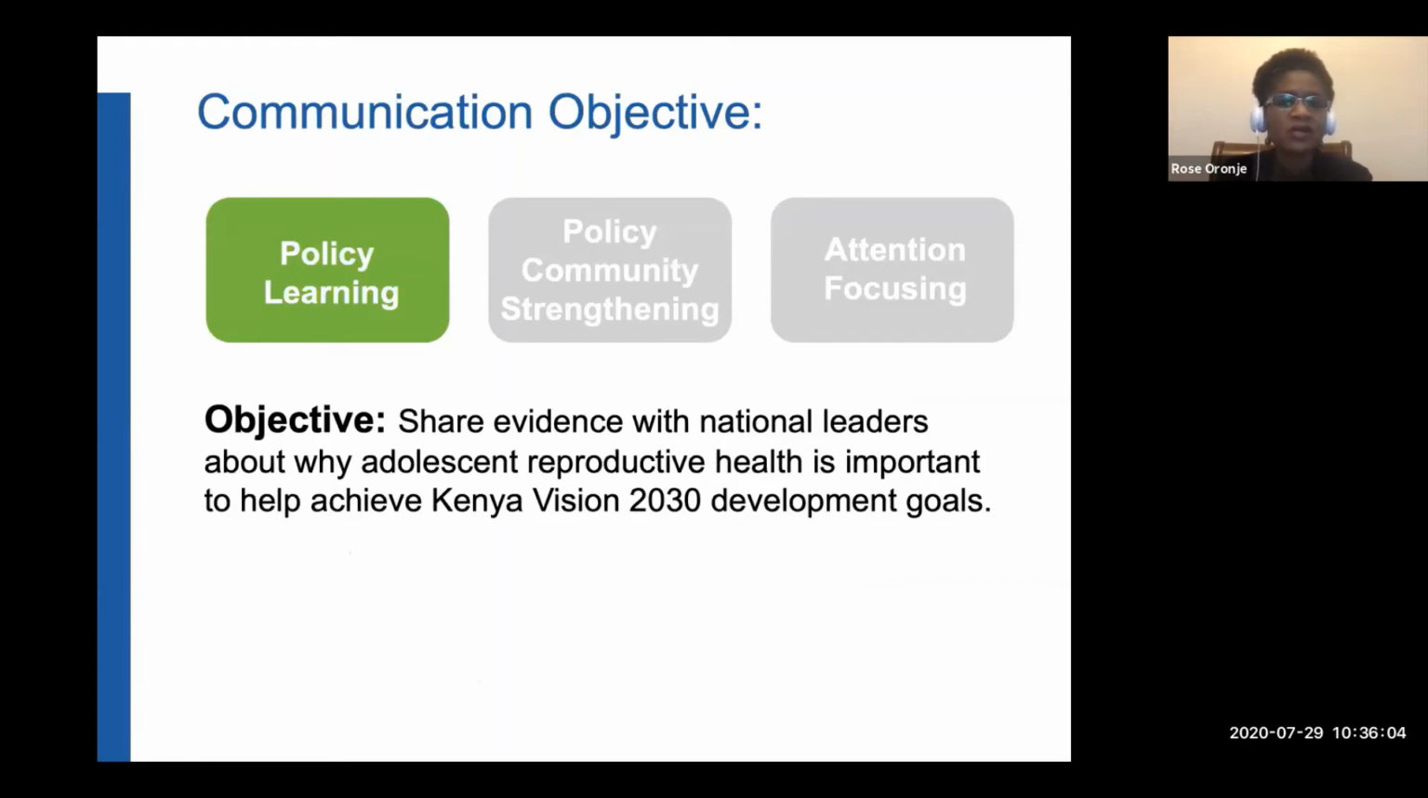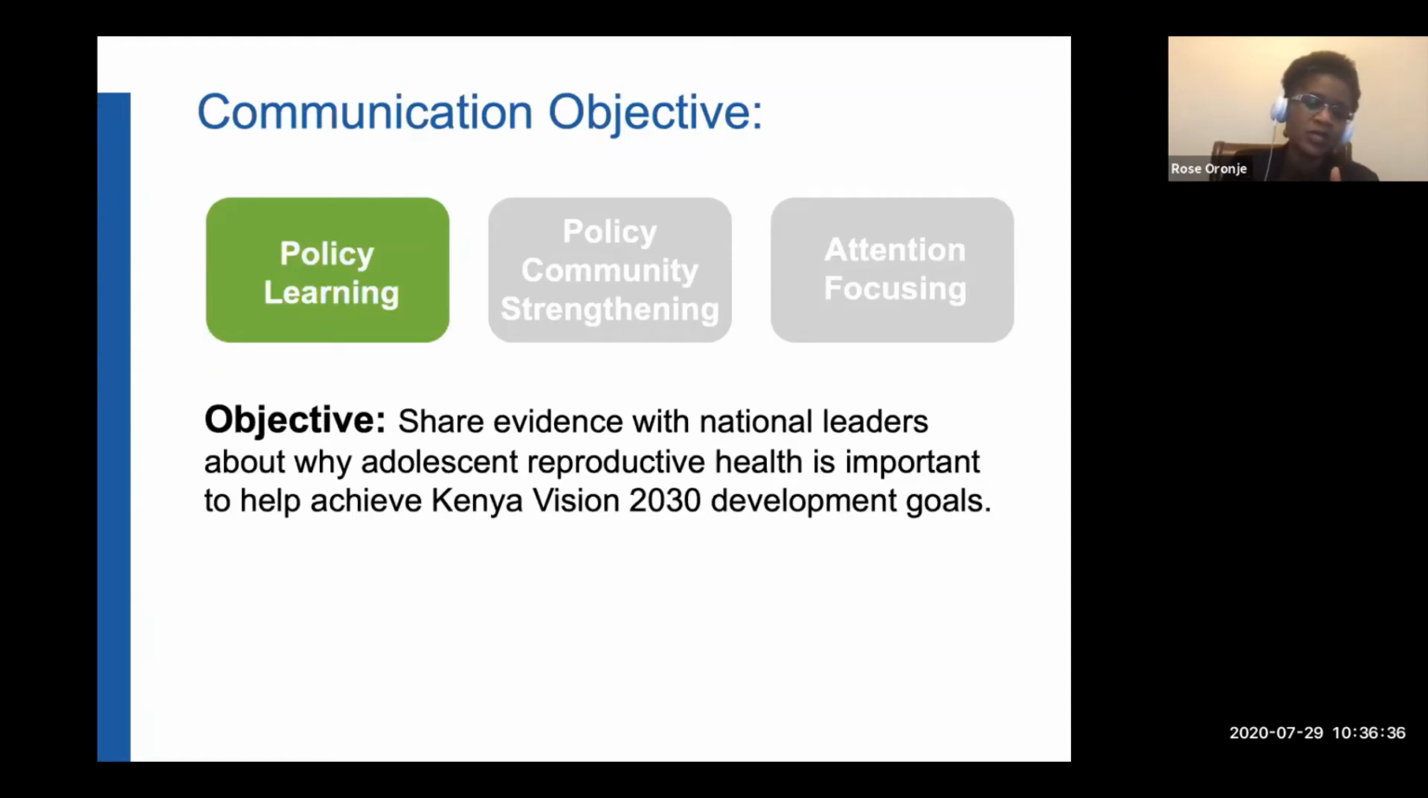I'll just give some examples in these last couple of slides before I wrap up and we get into questions and answers. So for instance, if you want to create policy learning, as I said, policy learning is more about enhancing the knowledge of decision makers about the problem and its implications for development and linking it to other issues as well as the solutions, but also how that interacts with the politics. An example of a communications objective here, if you're trying to achieve policy learning, is to share evidence with national leaders about why